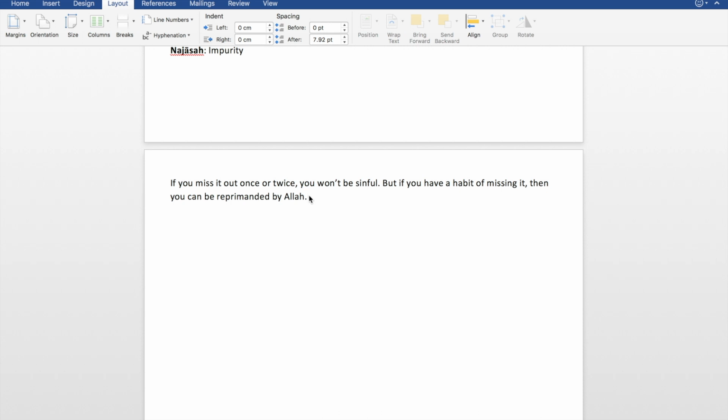Like in one hadith, the Prophet ﷺ said, "Man taraka sunnati lam yanal shafa'ati." That whoever leaves my sunnah will not attain my intercession, meaning on the day of judgment. When the Prophet ﷺ will intercede and beg Allah on behalf of the ummah, to forgive us and enter us into paradise, then we will not be from amongst those who the Prophet ﷺ will intercede for on our behalf.